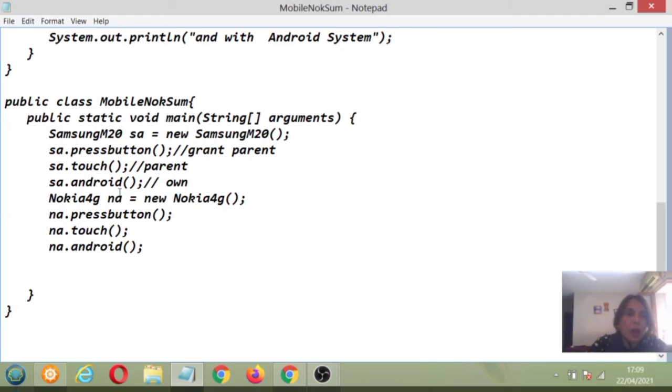Now you can see, again I am having a Nokia 4G, that is again one more grandchild the mobile is having, and its parent is Nokia, and mobile is the grandparent. We have created the object of Nokia 4G, that is NA.